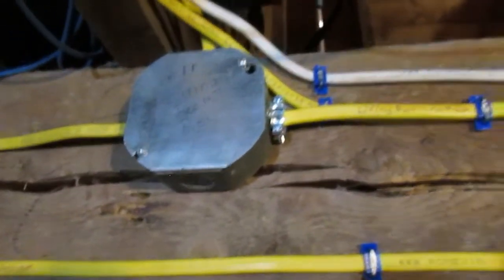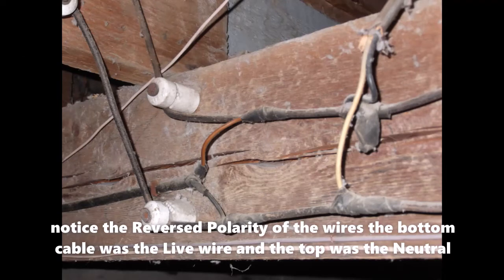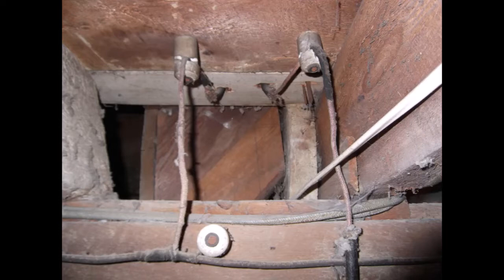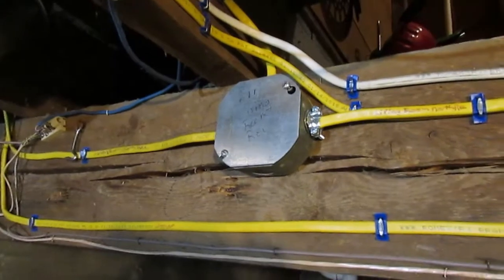So coming across here, yeah, there was even more splices over here that I'll get a picture up here too. I'll pause for just a minute here so you can look at the picture. Okay, so these